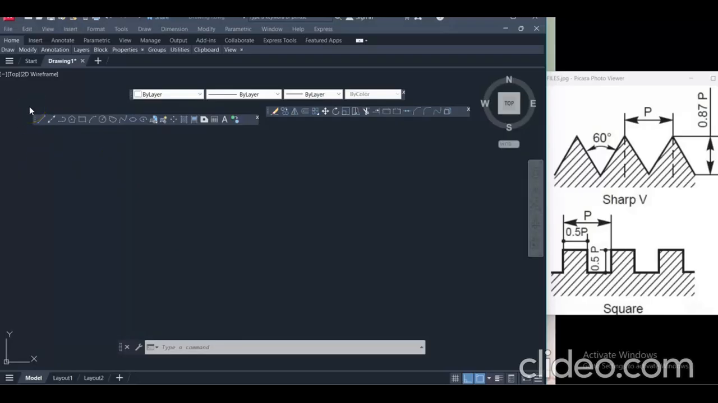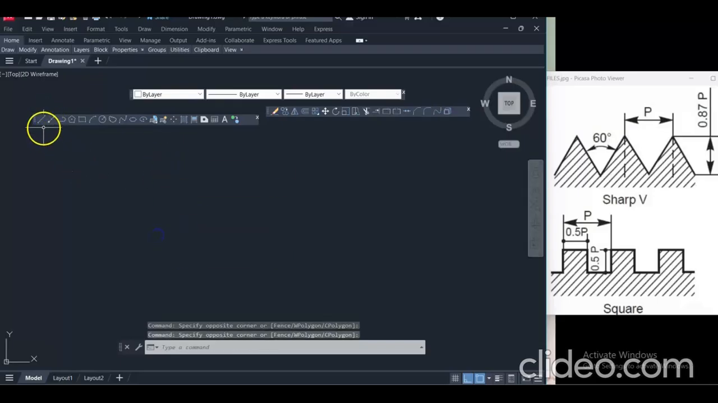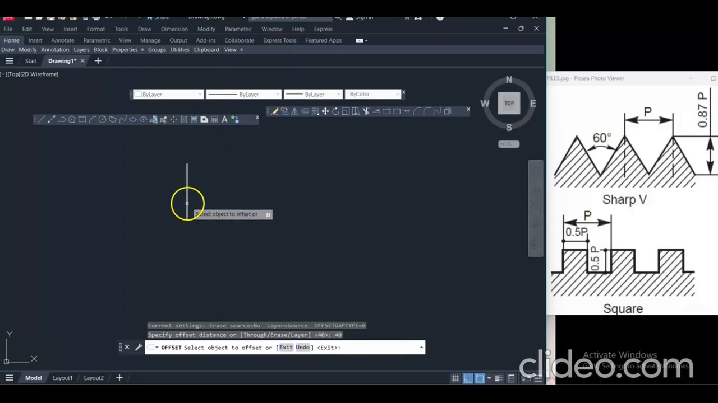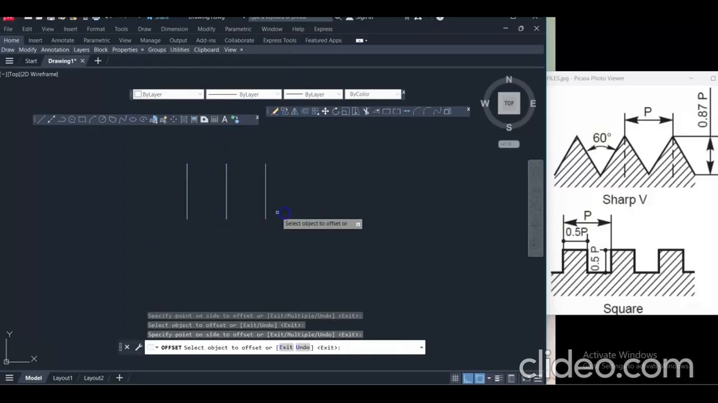So in this video, we'll discuss the various thread profiles and how we will draw them. For the thread profile, the common data we are using is a pitch of 40 mm. So for that, I am drawing a vertical line of certain length. Make the offset of that. What is the offset distance? 40. Offset distance of 40 mm. Right. Then